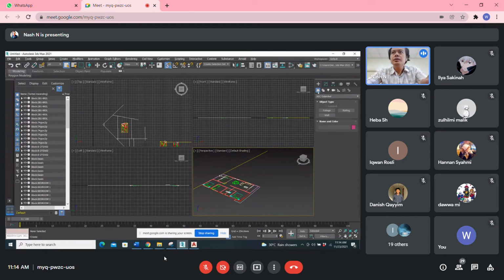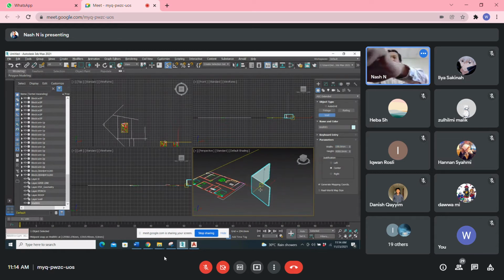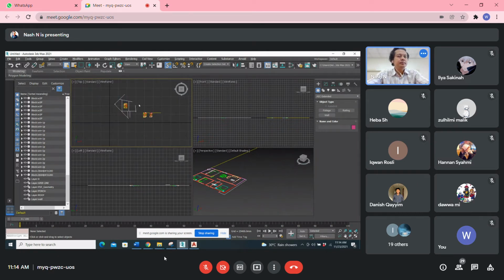Okay, I use the wall. You see? We must click the rescale first. Okay, so now it's already a happy ending. So this is according to the real scale. You don't forget, when you import it, you must click the rescale button. Okay? Am I have to repeat? Okay, good. Then now we can do our model.